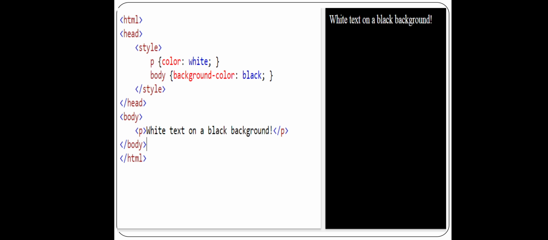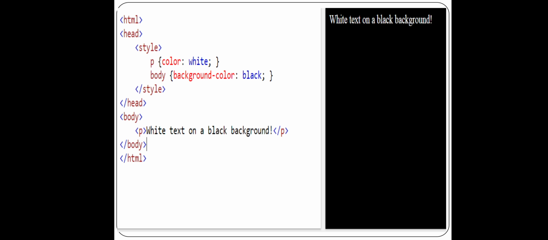So first we will see what is all given in the code. Before looking into the styling part, I would like you to see the body part. Whatever you have to print or display is all given in the body part, agree? In my body I have only a single tag, which is the P tag, and in this P tag the text written is: White text on black background. It is simple text.